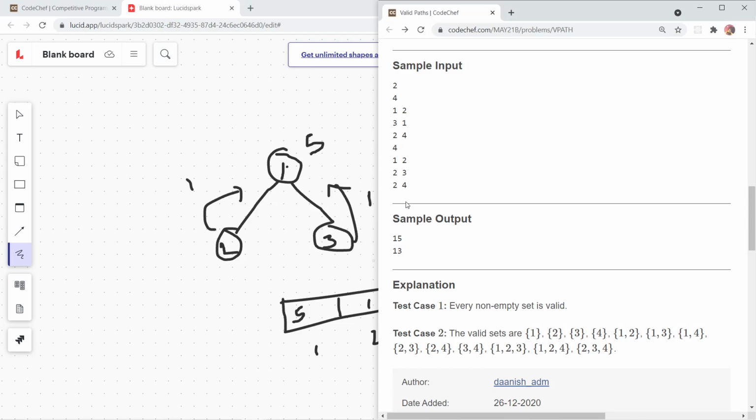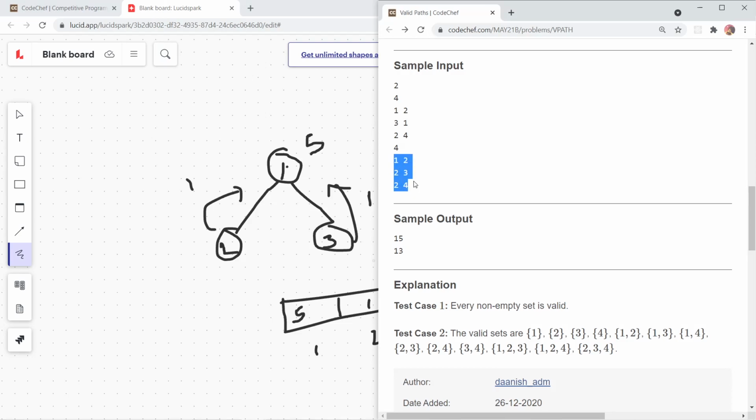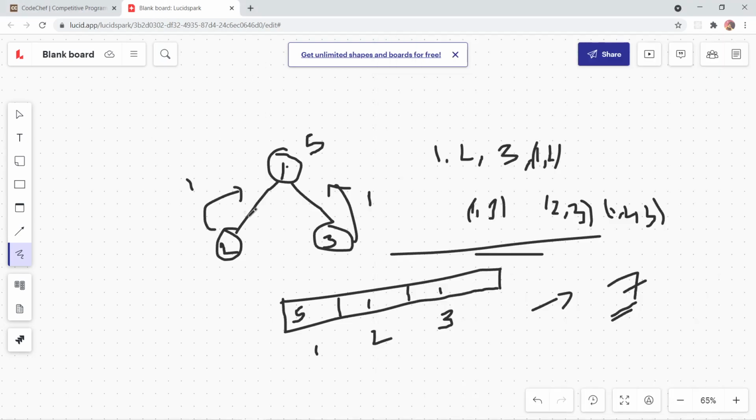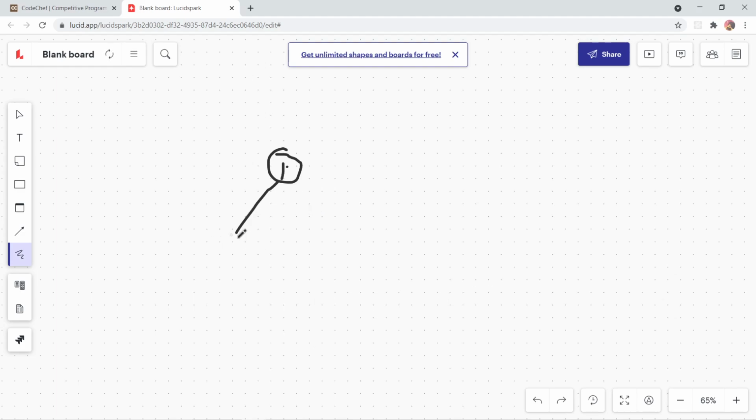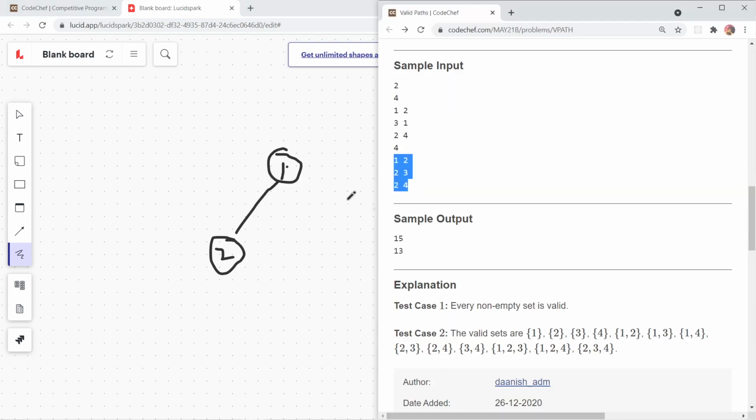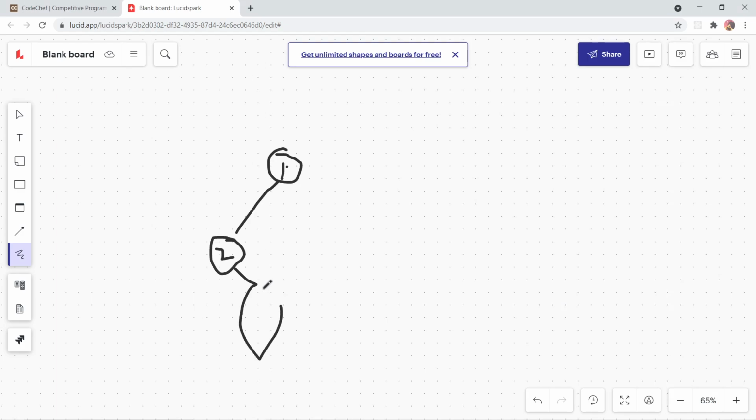People were having doubt with this: 1 2, 2 3, 2 4. So I'll do that as well. So 1 to 2, 1 to 2 is there. 1 to 2, 2 to 3, and 2 to 4. The logic that I've built is I'm going to return 1.